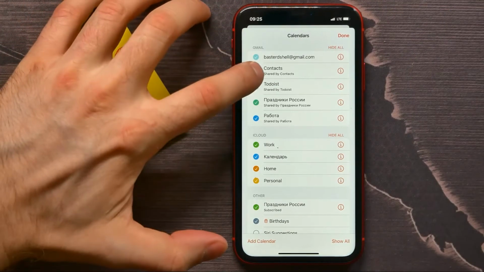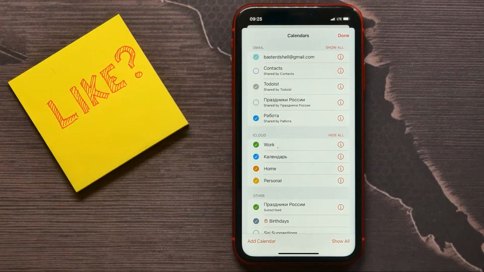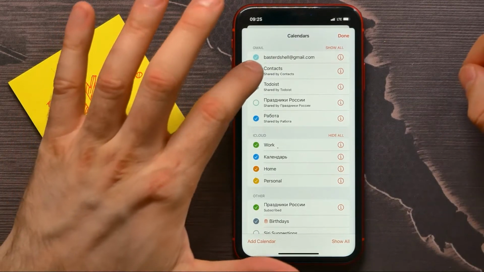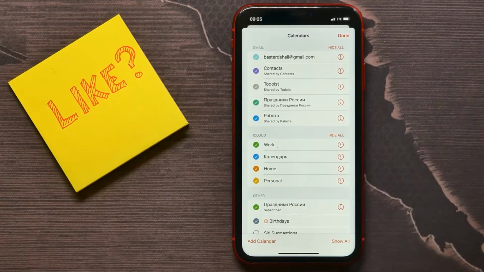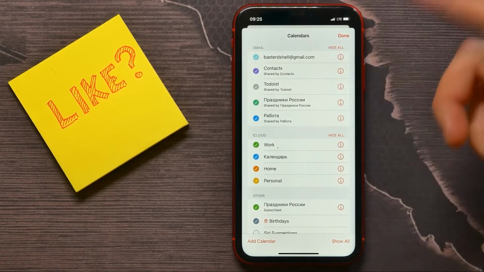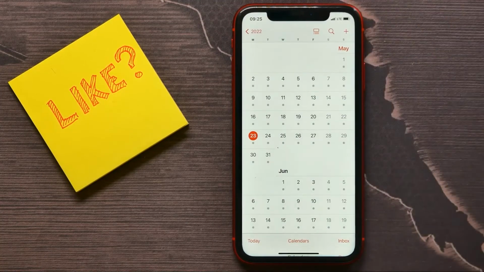I can toggle off some calendars that I don't want to show in that application, and I can turn them on if I want to see them. And then here when I'm done, I just tap done and now it all works. Both of the calendars are now